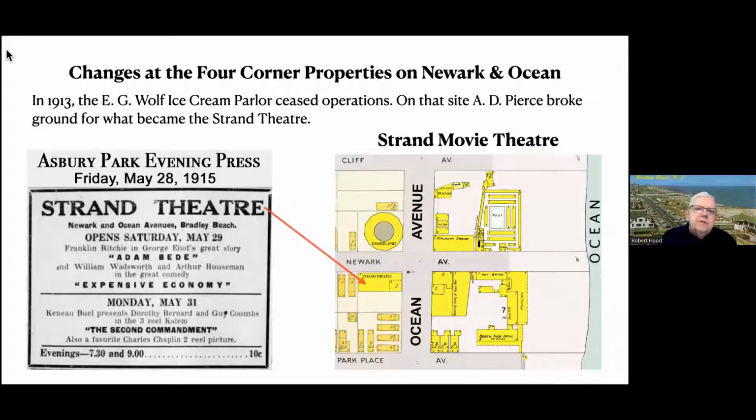There are changes at the four corner properties in Newark. When the Danceland building comes into, or they take over the building of the old Carousel, E.G. Wolfe decides to cease operations. Once the Carousel is gone, he feels like he's going to lose most of his ice cream business. And on that site, on that corner,